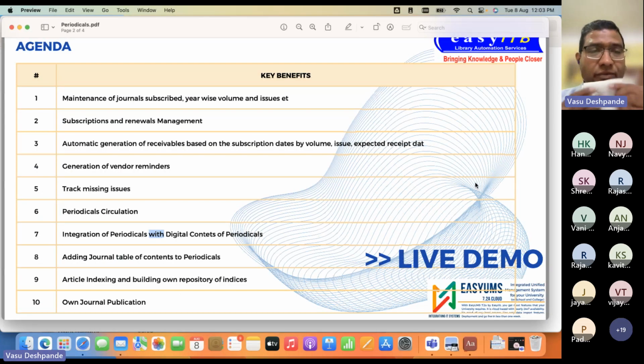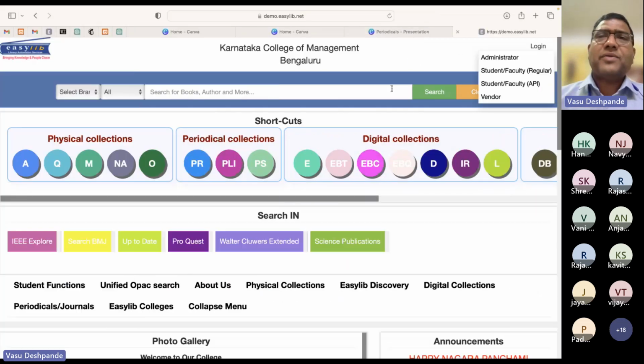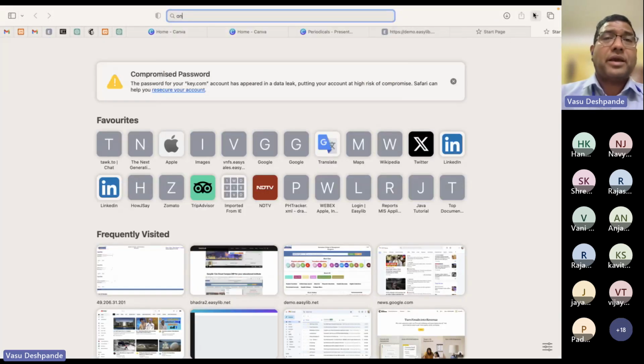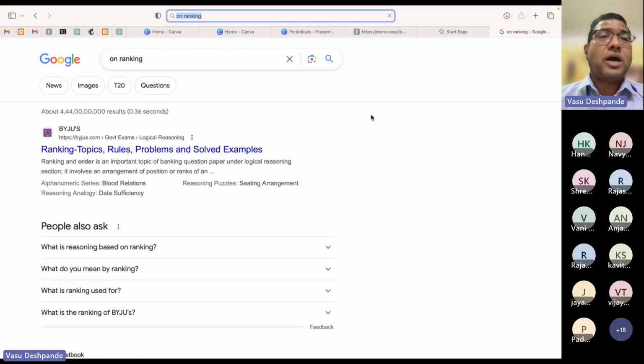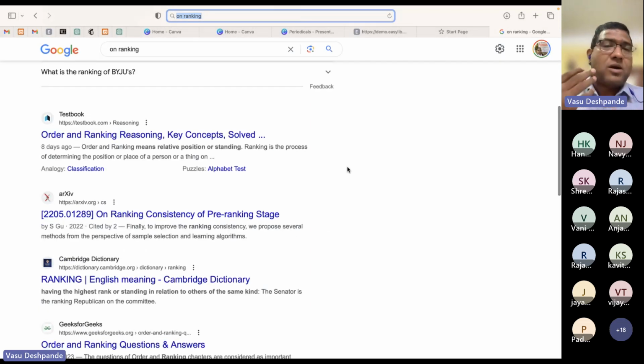Okay, the next one was article indexing that we covered. Last but not the least one, that's the own journal publication. So you have seen, right? If I go to World Education Ranking, you have got something like Harvard University, Stanford University